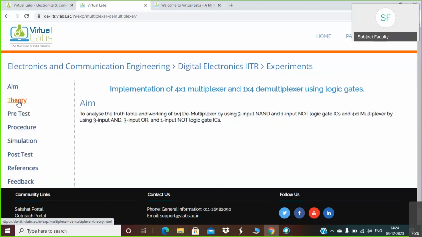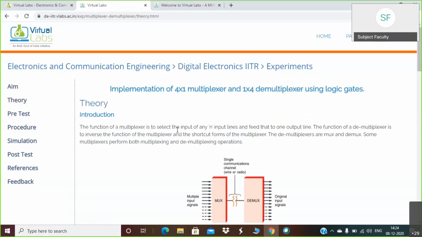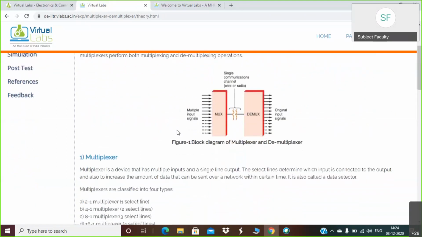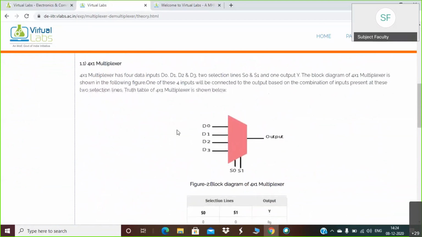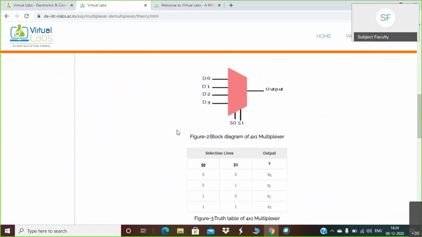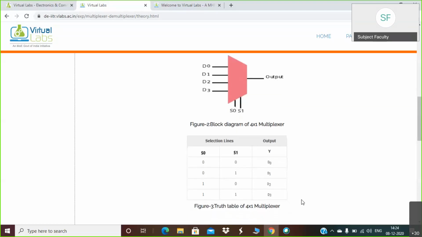You can read the theory of demultiplexer and multiplexer circuit. You can observe here the symbol of 4:1 multiplexer, and this is the truth table of the 4:1 multiplexer.